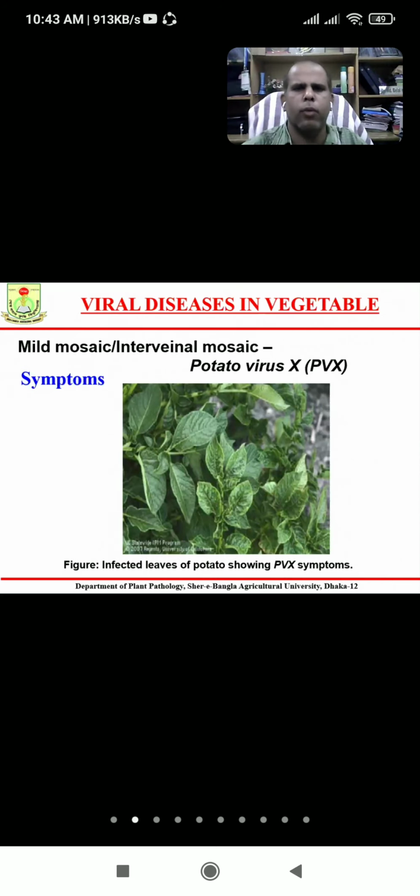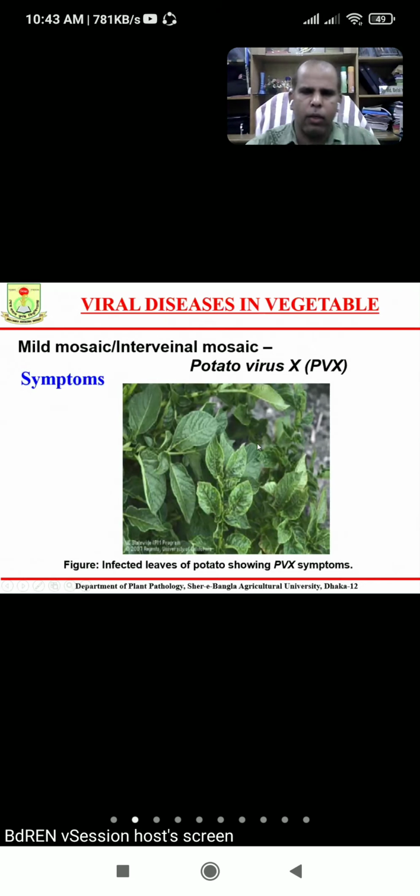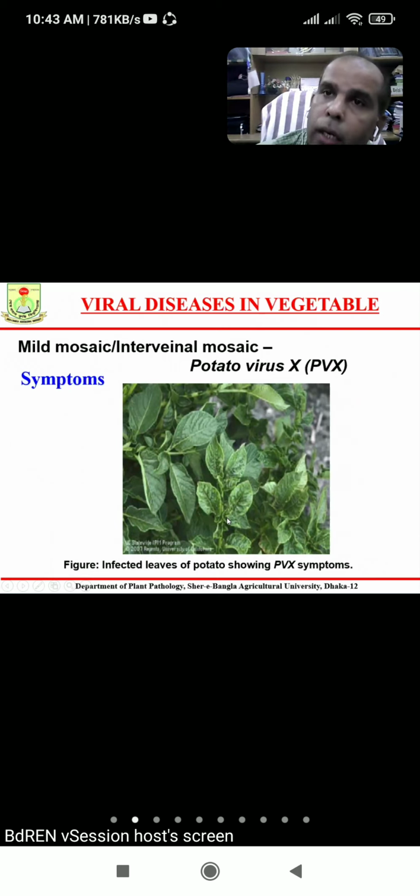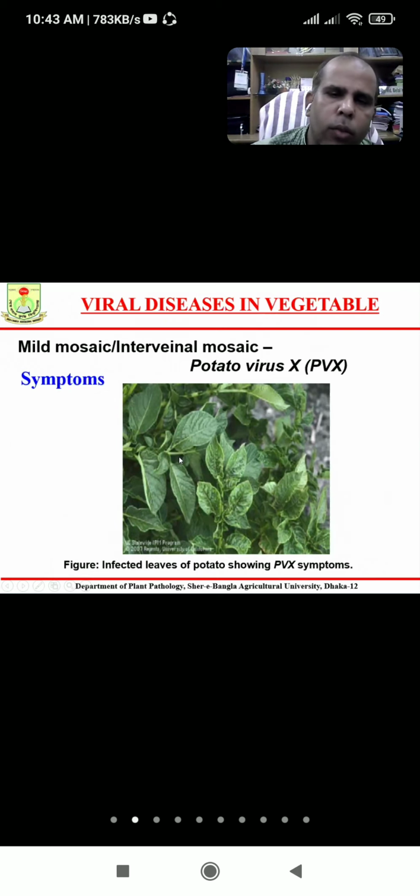But here is the mild mosaic. This potato disease is caused by the potato virus X. Mild mosaic এই জন্য বলা হচ্ছে এখানে লেমিনাটা মোজাইক শো করে না, মোজাইকটা শো করে হলো ভেইন গুলা। দ্যাট মিন্স আমাদের লিফের যে ভেইন আছে, মিড ভেইন অ্যাজ ওয়েল সাইড ভেইন অর দ্য ব্রাঞ্চ ভেইন, সেই ভেইন গুলা সাধারণত মোজাইক সিমটম শো করে। দ্যাট মিন্স সেগুলা বিকাম ইয়েলো হয়ে যায়, ভেইন বিকাম ইয়েলো।